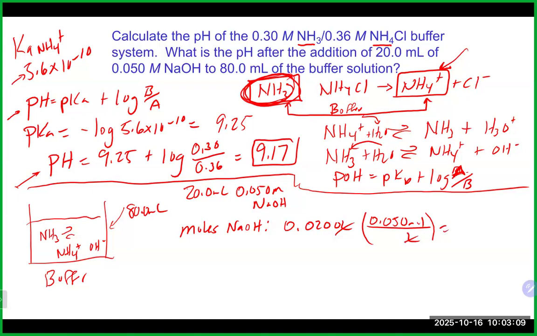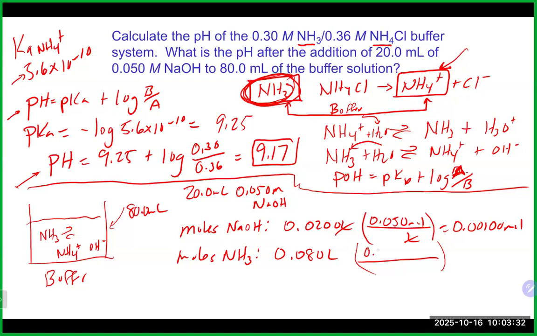Liters will cancel. Now 0.02 times 0.05 gets us 0.001 moles. We'll also do our moles of NH3, and again, 0.08 liters times the molarity of our